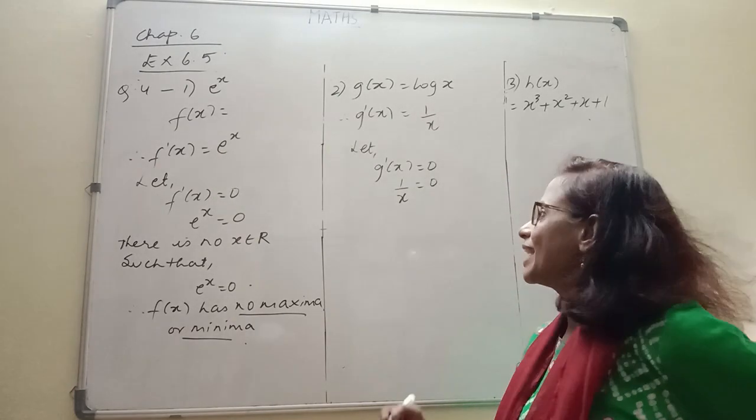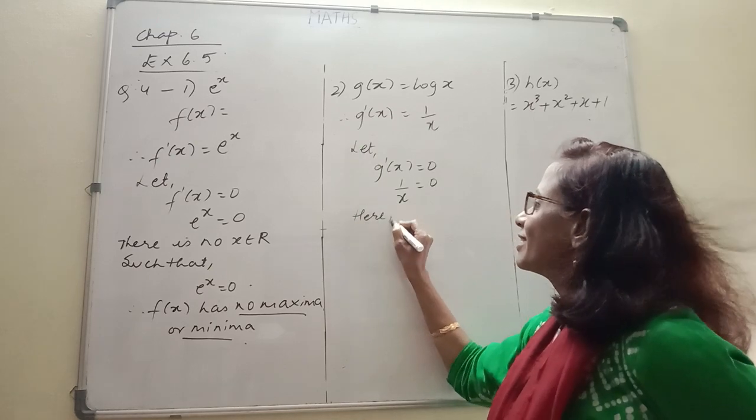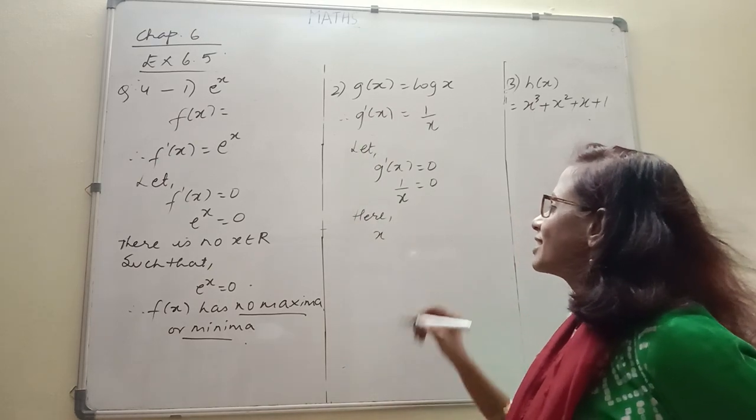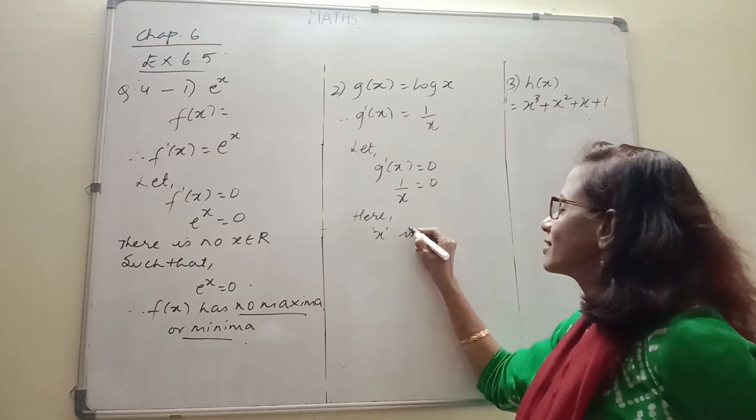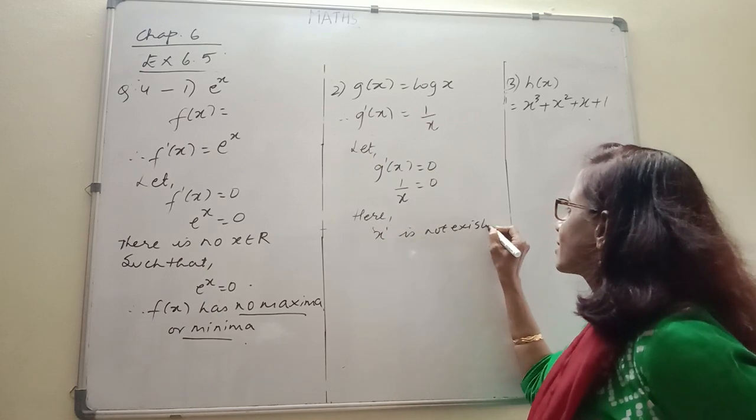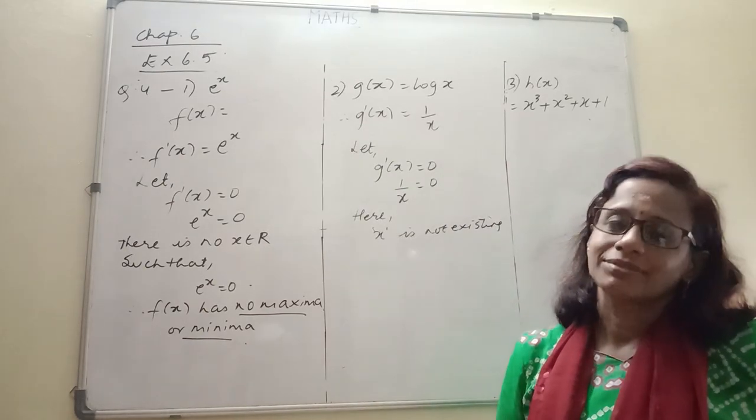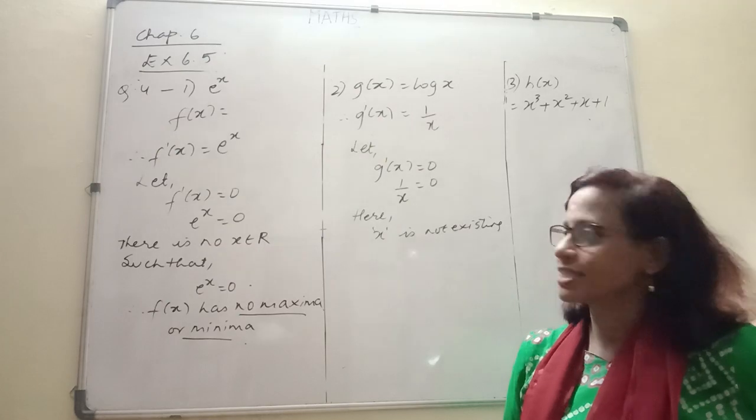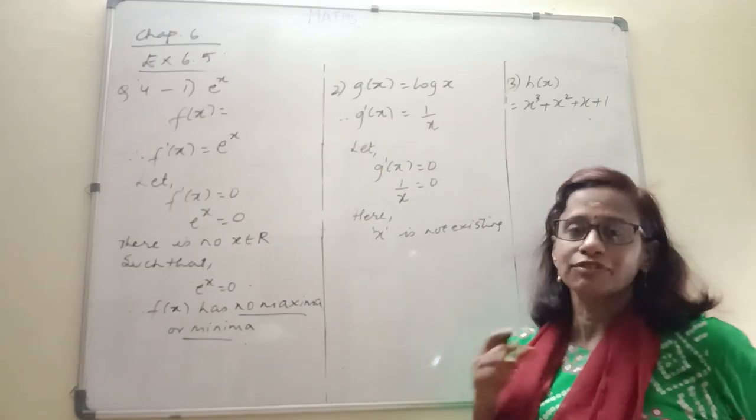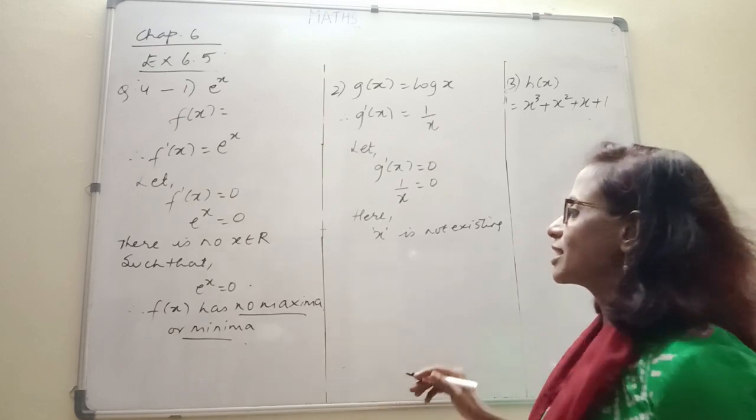So we can tell that therefore here x is not existing. You cannot find such an x such that 1 over x equal to 0. It doesn't happen. So therefore x is not existing. Because the x is not existing, there is no existence for maxima minima. So you can say therefore,